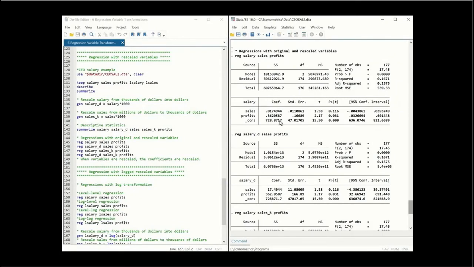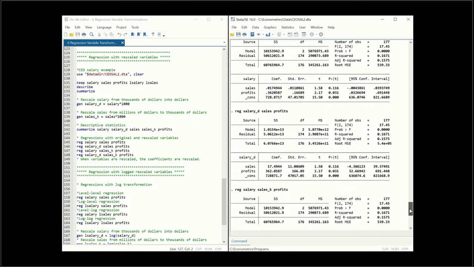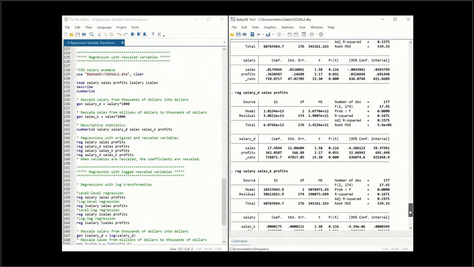So if you compare these coefficients with these coefficients, you will see that all of the coefficients got multiplied by 1,000. So when you rescale the dependent variable, you multiply by 1,000. All of the coefficients get multiplied by 1,000. So now let's see what happens when we actually